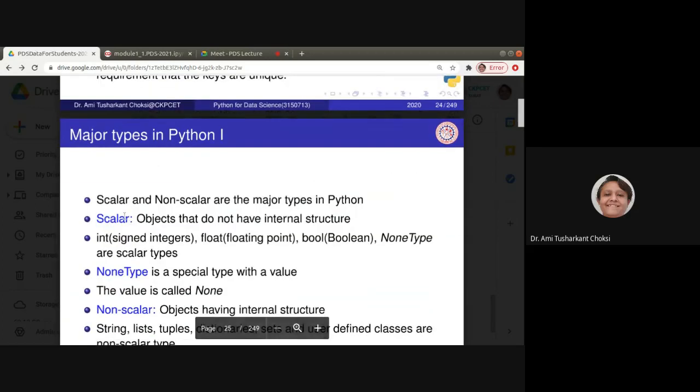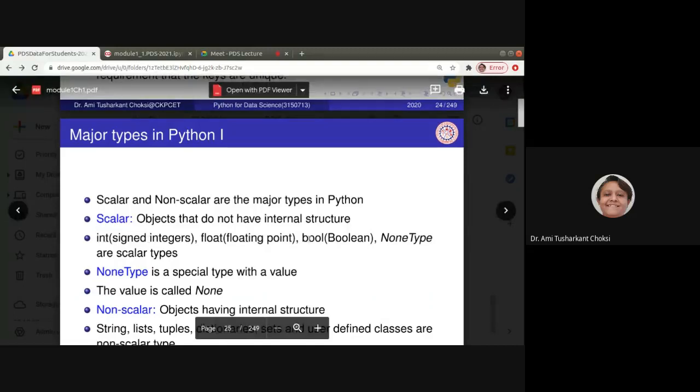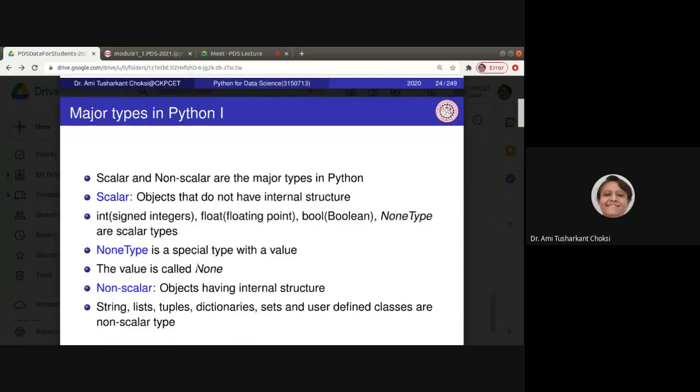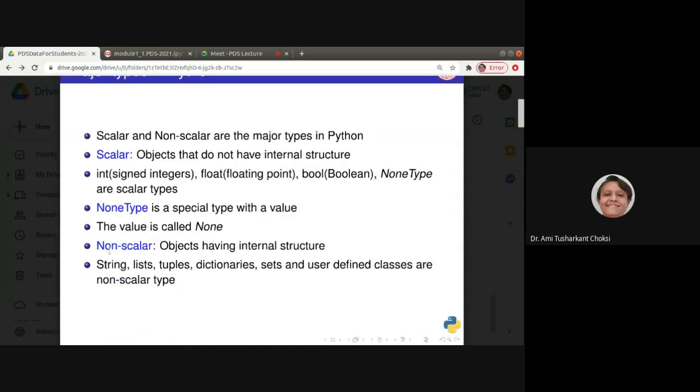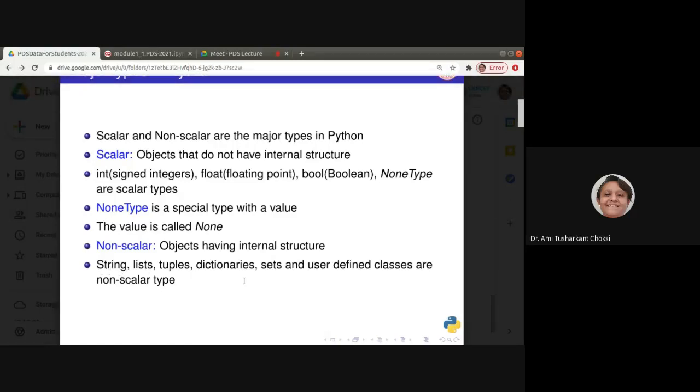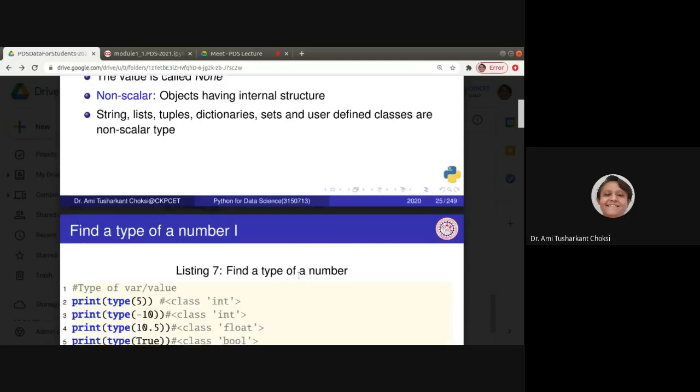Scalar types are those which do not have internal structure. So we have integer, float, boolean, that is bool, and NoneType, right? And NoneType is a special type. Non-scalar types are objects having internal structure, such as string, list, tuples, sets, dictionaries, or user-defined classes, right?